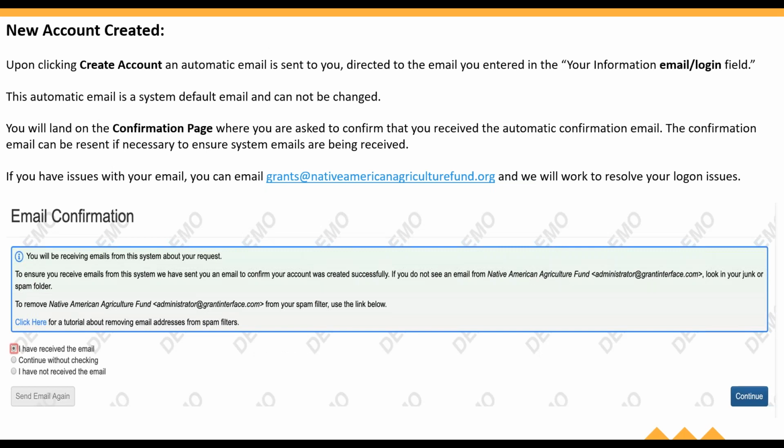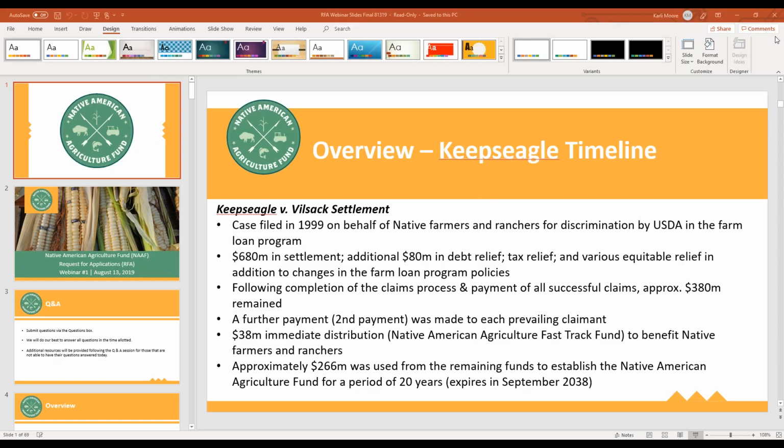Upon clicking Create Account, an automatic email will be sent to you, directed to the email you will enter in your information email login field. This automatic email is a system